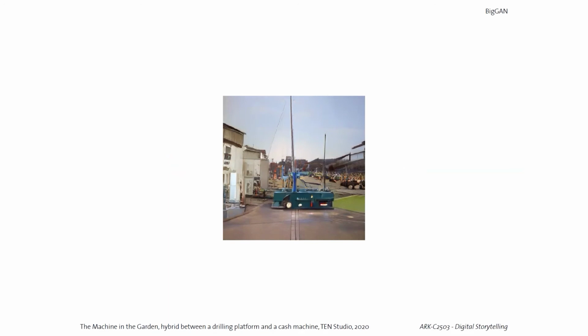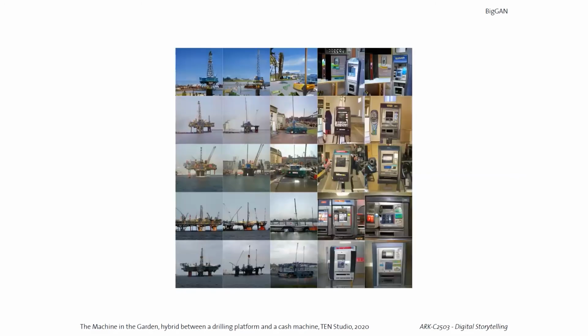Okay, so this was the work that I did with a studio that I have with colleagues from Zurich and Belgrade, and this was again last year. We were playing a little bit with creating these hybrids. So we would choose 2 categories and then try to find hybrids between them. Basically, how the network does it is that you can let it map a grid of hybrids,